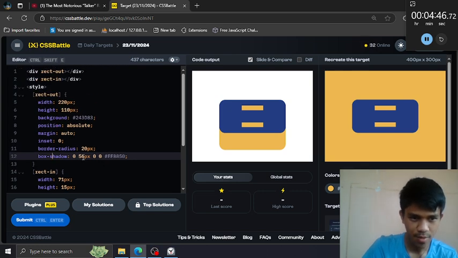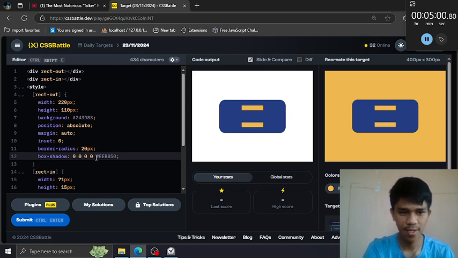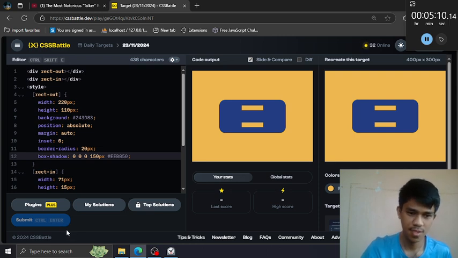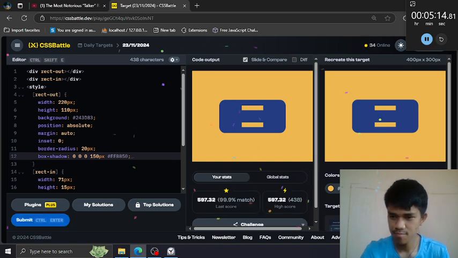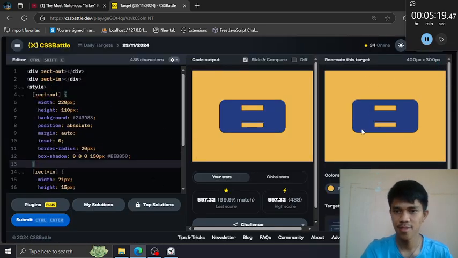We can put 0 here because we don't need a vertical offset, but we have to modify the size to 150 pixel and submit. 99% There's a slight